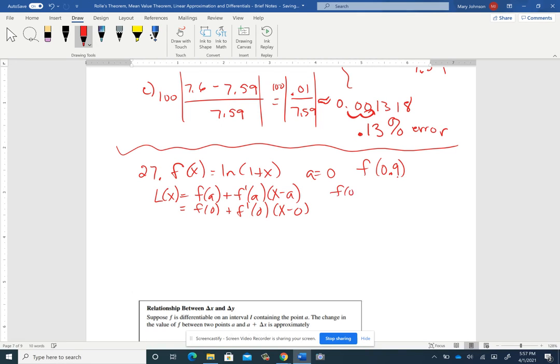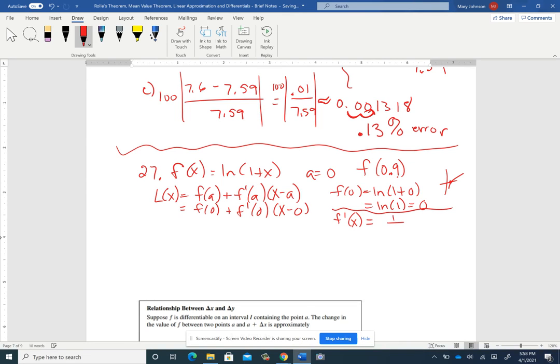So f of 0 would equal the natural log of 1 plus 0, which equals the natural log of 1. You can do that on your calculator. It's going to be 0. Natural log looks like this, and it's going to be 0 when you're at 1 on the x-axis. Okay? All right, then I'm going to need to find the derivative of f in general first, which would be